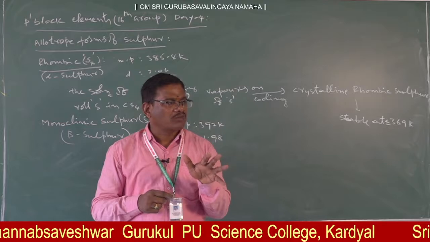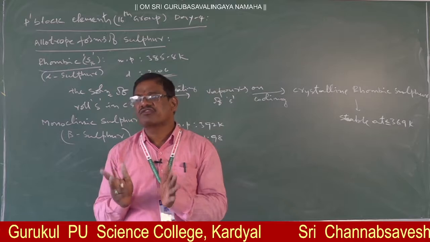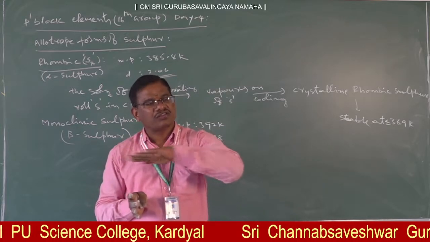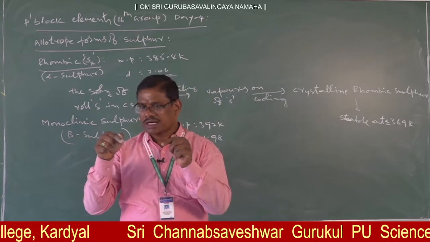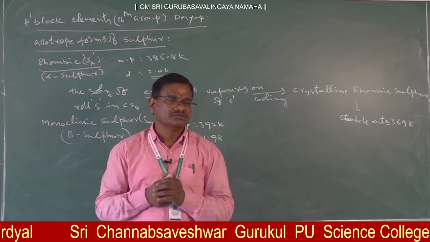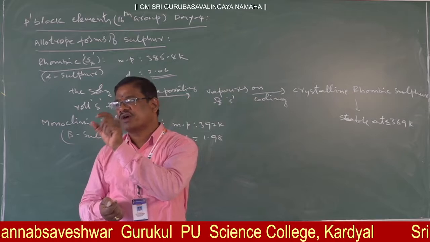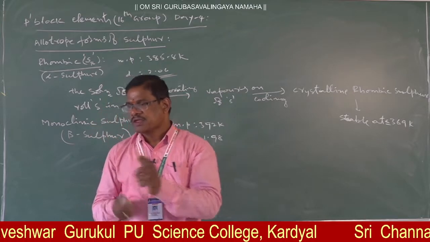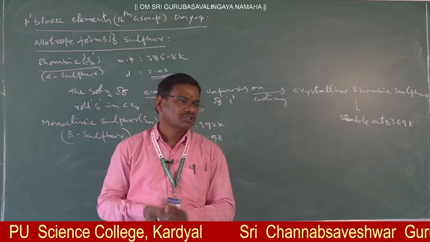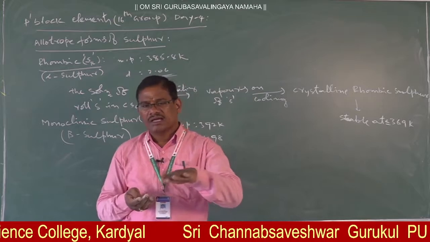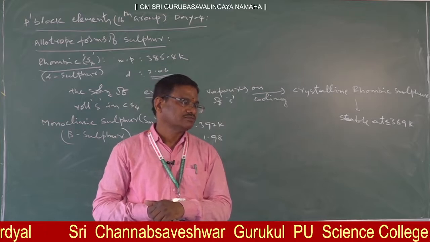So that is the crust. The molten form of the rhombic sulfur is taken in a dish under hot condition. If we allow it to stay as such, on the surface a certain crust is going to form, right? Then through that crust, two holes we have to make. If any liquid form is there, through those holes that liquid should come outside. Later, if we remove that crust, the leftover sulfur is monoclinic sulfur, right?